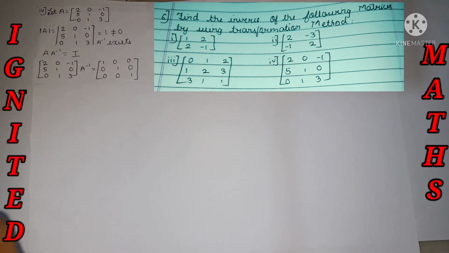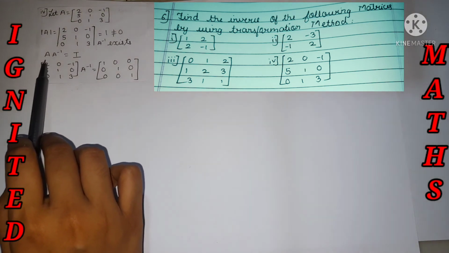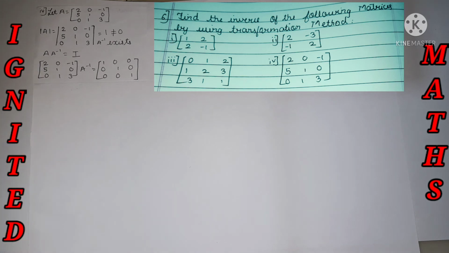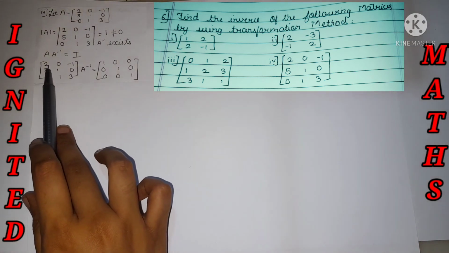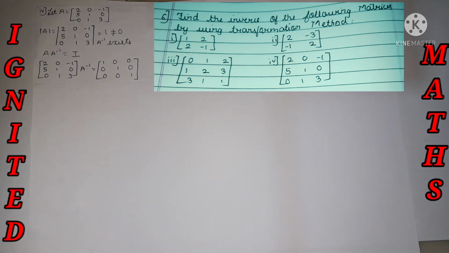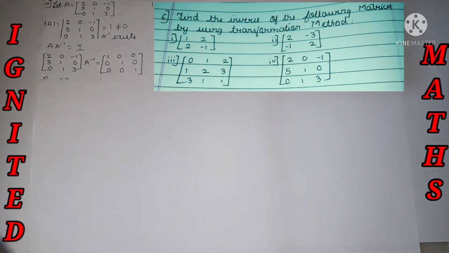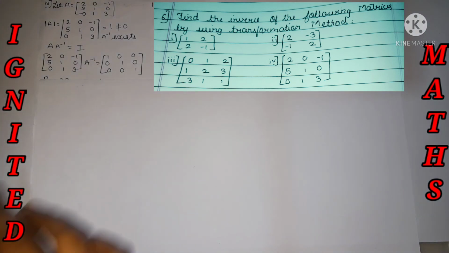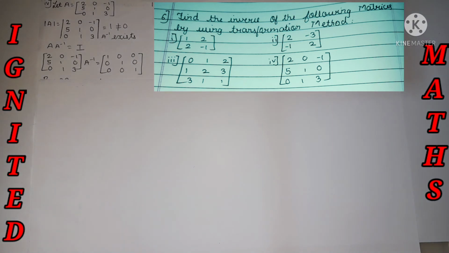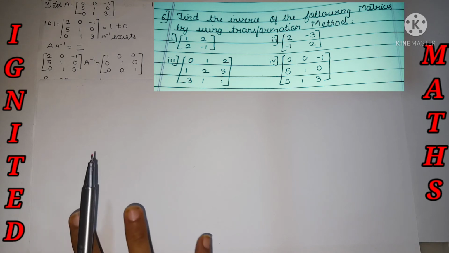So the first and most important tip I have mentioned: bring this element as 1. One way of doing it is to divide by 2, since 2 by 2 is equal to 1, and we will get the answer. But it affects the other elements over here, so while doing the other transformations we can find it very hard. For that purpose I'll do simpler transformations, and we'll be getting it.